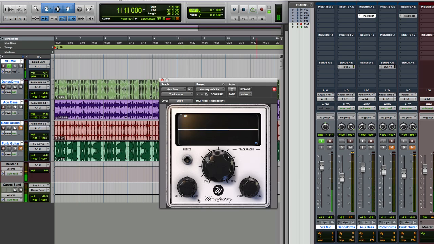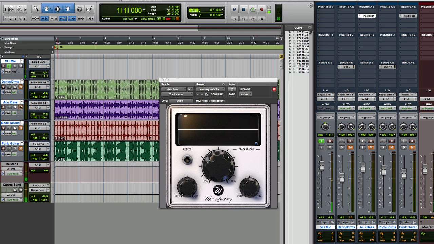Now, of course, I'm using this in the lower register because the kick drum is, if you like, I'm going to call this my driver. My kick drum is the driver for how much the volume ducks out of the way and how much space I get. I'm doing this in the lower end of things because I'm using the kick drum. Let's go the other way this time, and let's use the rock drums